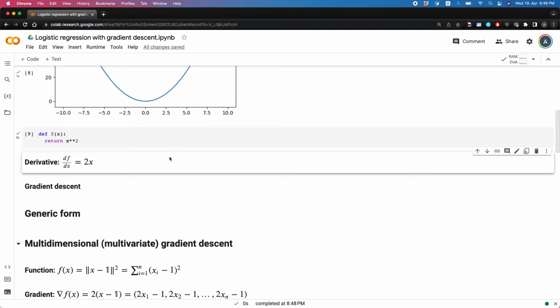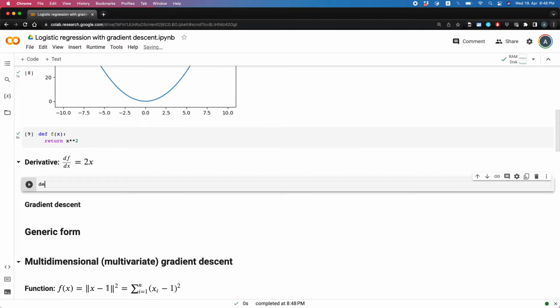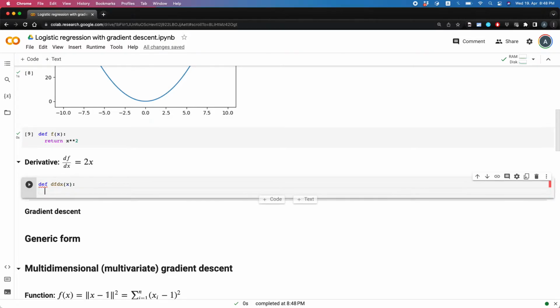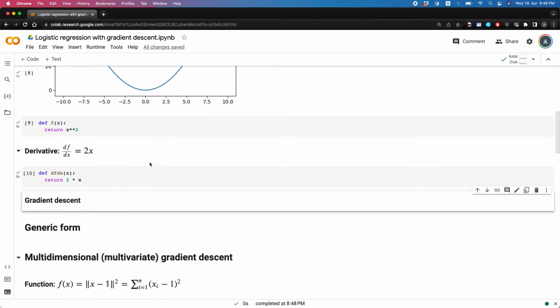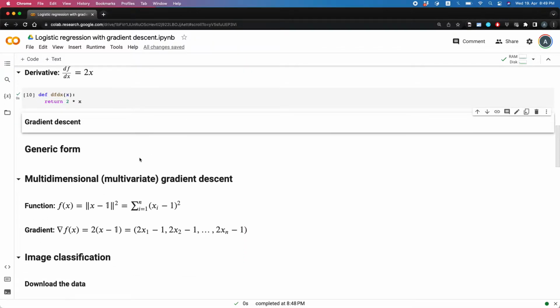Now, since gradient descent requires the gradient, or just the derivative in case of a one-dimensional function, we also need to implement the derivative function, which we call df dx of x. And according to calculus, this is the formula for the derivative. So we just return that. Now we are ready to